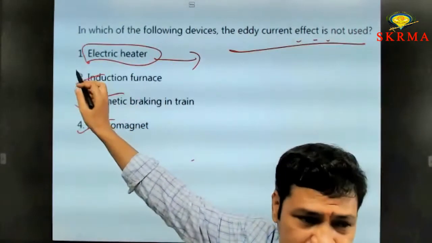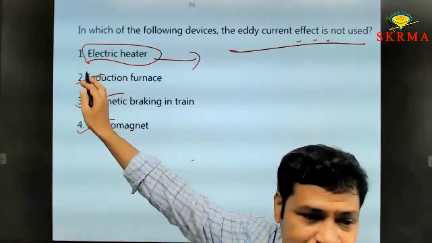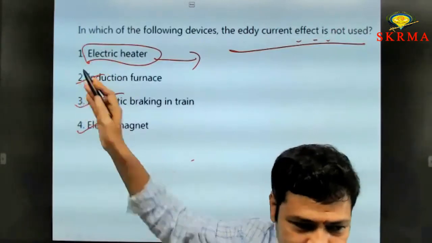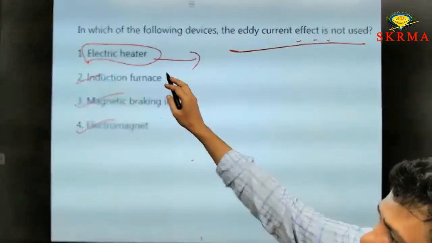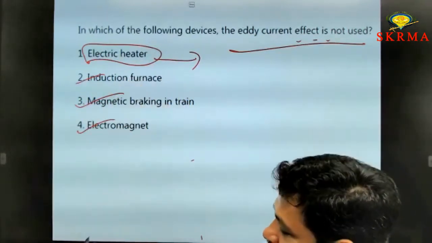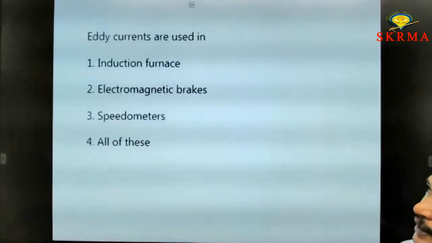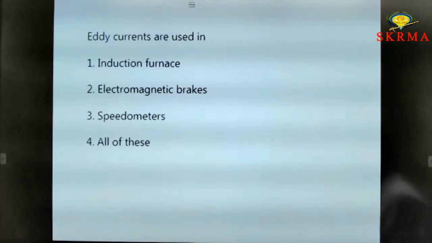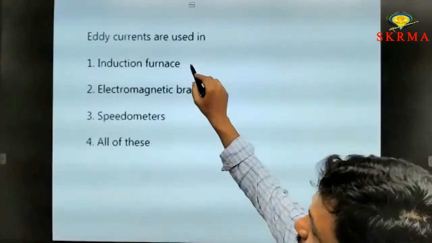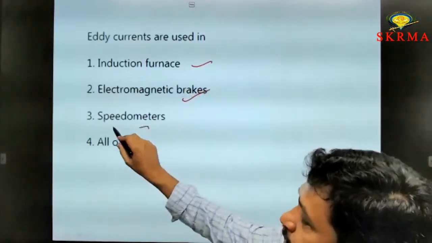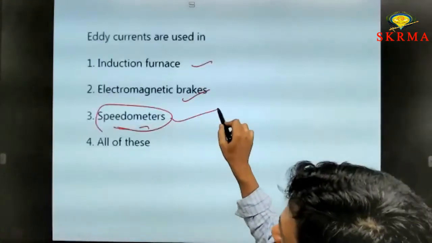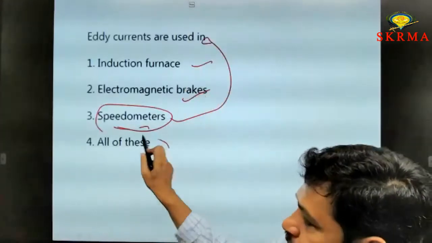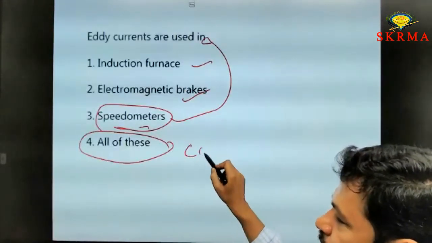We have not discussed eddy currents in electrical heaters, like the bucket heaters you use in rooms. That's why the correct option is electric heaters. The eddy currents are used in electric meters, speedometers. Speedometers are also an eddy current application. That's why the correct option is